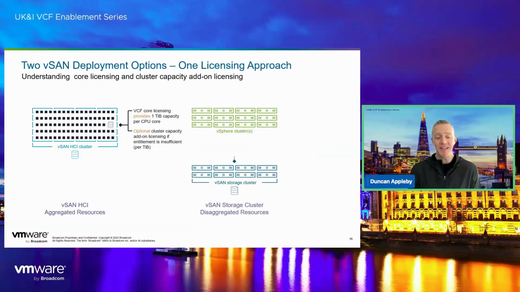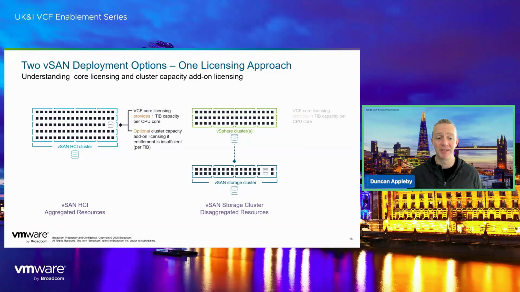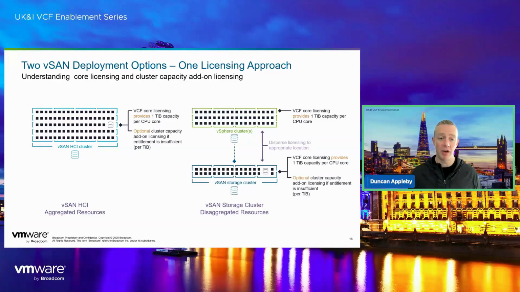So with vSAN ESA, let's have a quick look at licensing. Well, if you own a VMware Cloud Foundation subscription license, you already own vSAN storage effectively. You have a license to use that capacity. So for every VCF core, you're entitled to 1 TB of vSAN capacity. And on the right-hand side of this diagram is showing that if we have a vSphere cluster, that vSphere cluster is licensed with VCF and contributes 1 TiB